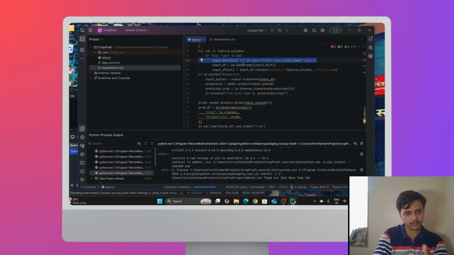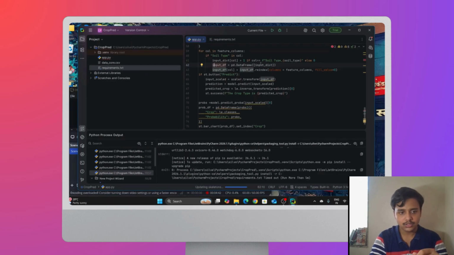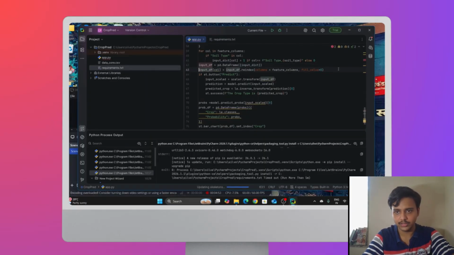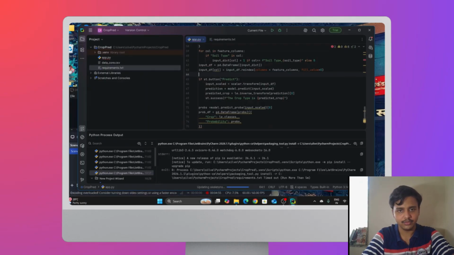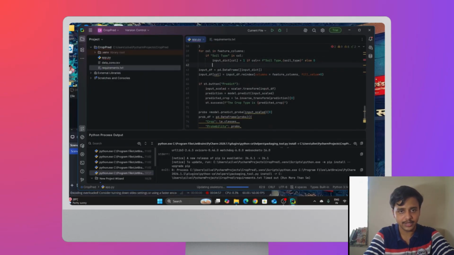It will be reading the data frame. Soil type, okay, it is going to read the data frame, but it should not be in this, and even this should not be involved with this. Okay, this will create confusion for the model, right?